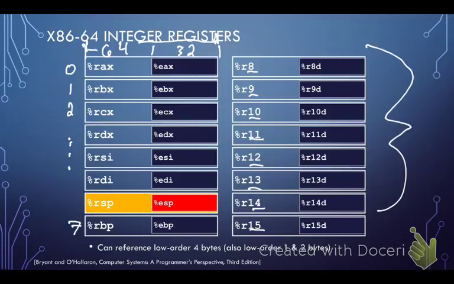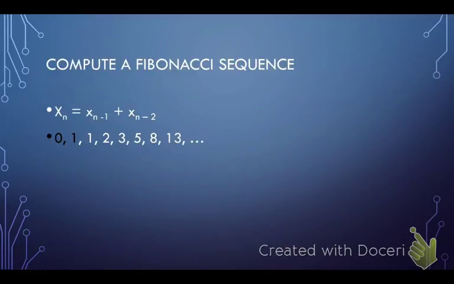So again, registers are something we can see and interact with directly using the assembly instructions that we are learning. So let's try to use those and use these resources we can see to do something arguably useful. Let's compute the Fibonacci sequence. As a quick refresher, the Fibonacci sequence is just a sequence of n numbers or n values that are computed by summing together the previous 2 values. So x_n is equal to the number before it and the number before that.